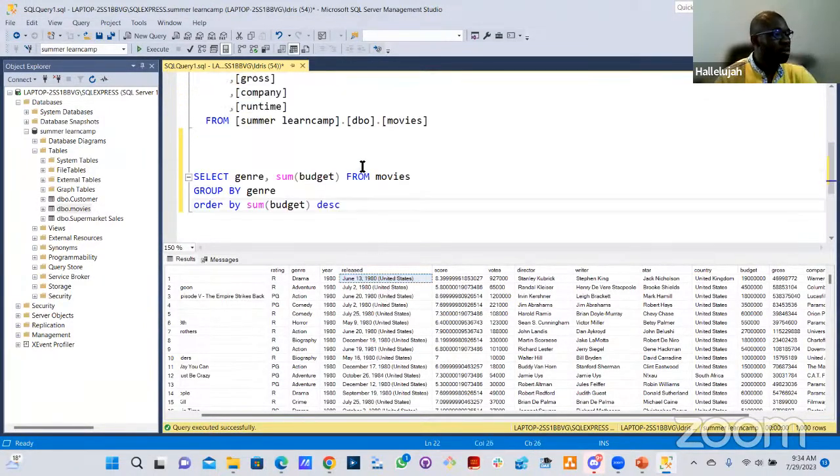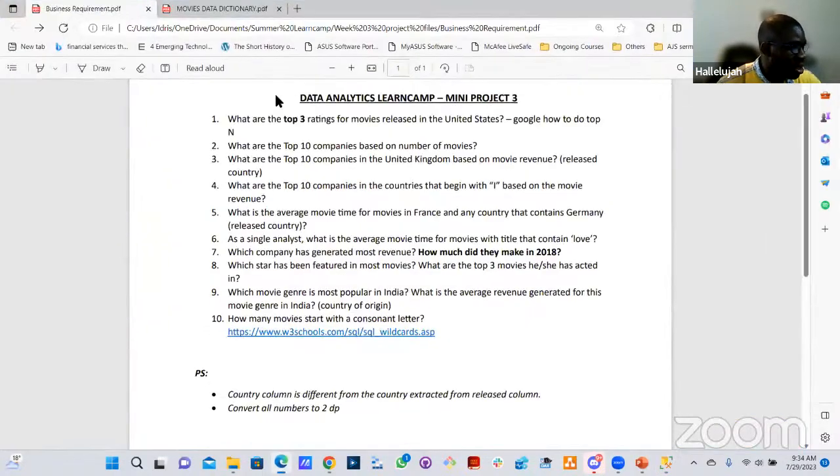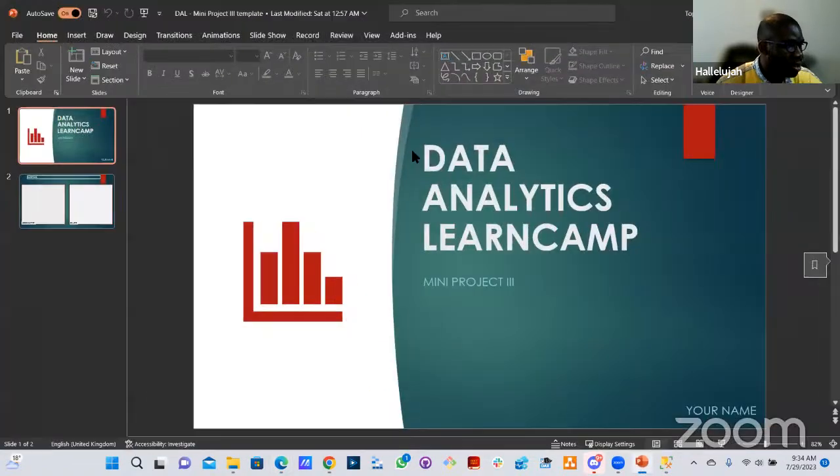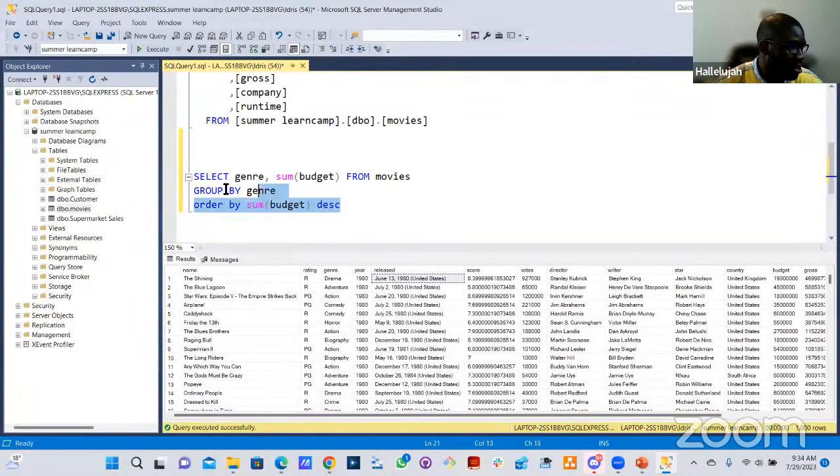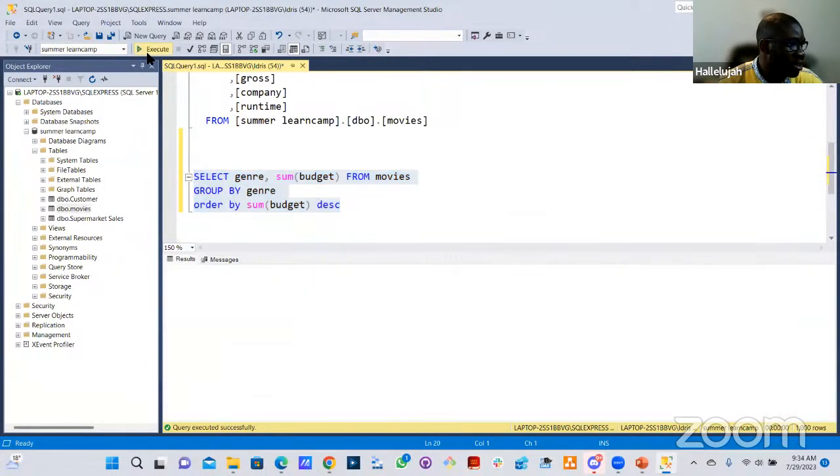All right, so let me show you. So that's that on the requirement and the dictionary. The last thing is this one that you saw. So this is how you're going to be presenting your work. For each of those questions, as soon as you finish them, let me run this one again, for instance. As soon as I finish this,